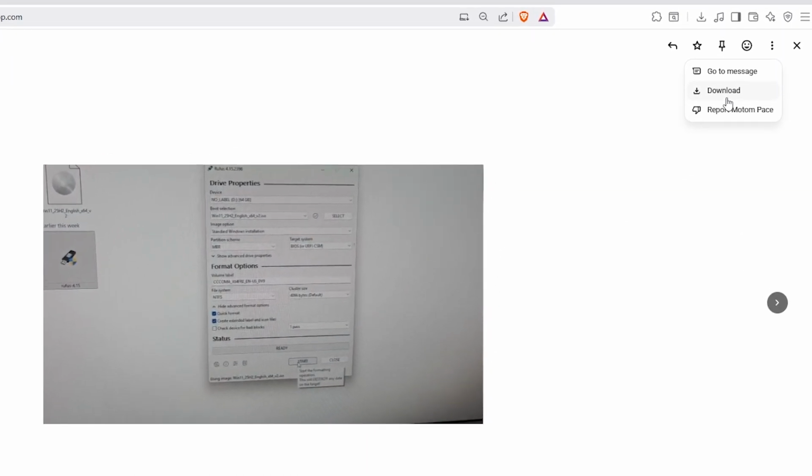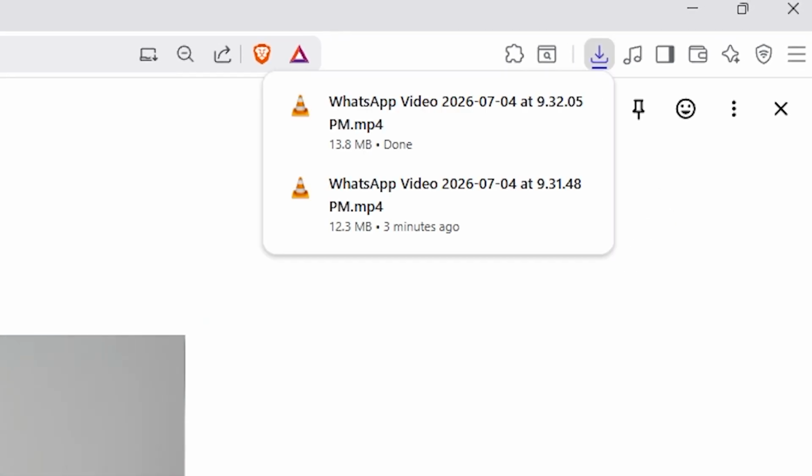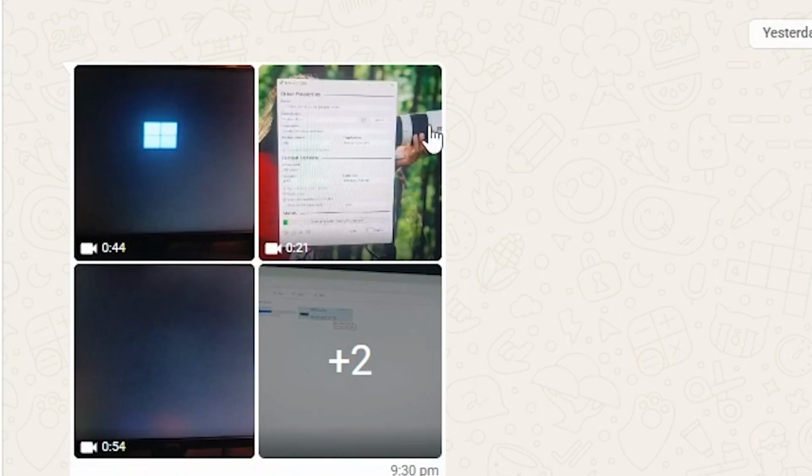If you have multiple videos, repeat the same process. Let each video finish playing once, and after it's fully loaded, the download option should appear. That's the trick. No extensions, no extra software, and no